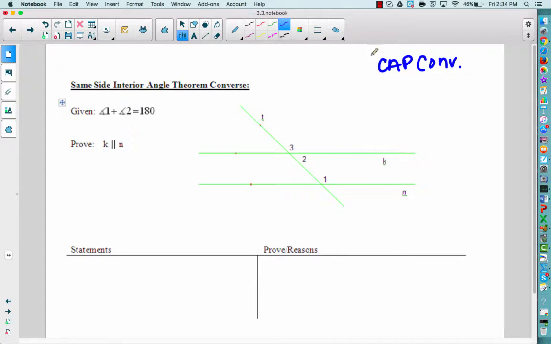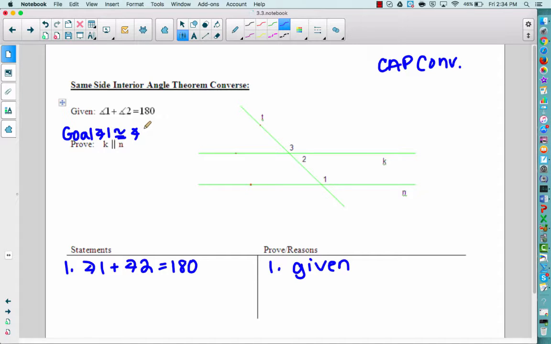So I look at my given. It says angle 1 plus angle 2 equals 180, and I'm going to get that written. There isn't any marking I can make on the diagram with angle 1 plus angle 2 equals 180, because you can't mark supplementary. But I decided to look at the parallel lines, and I wanted to have a goal. My goal was to get angle 1 congruent to angle 3, because then I can use the CAP converse